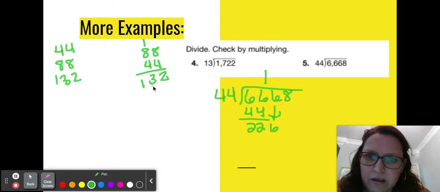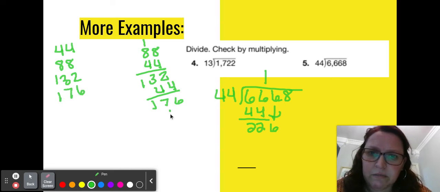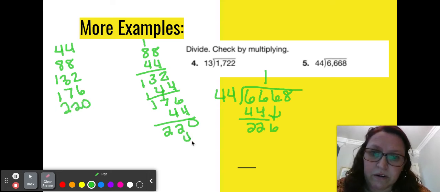132 plus 44, 176. 176 plus 44, 7, 8, 9, 10, 11, 12 is 220. 220 plus 44, 4, 6, 2,